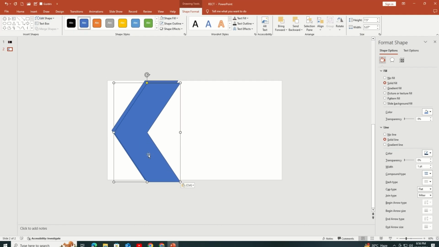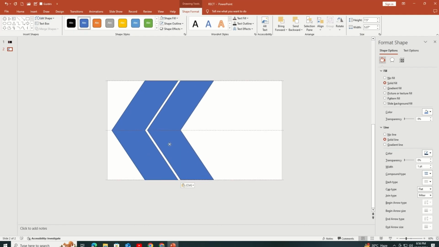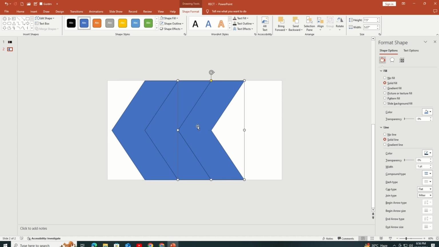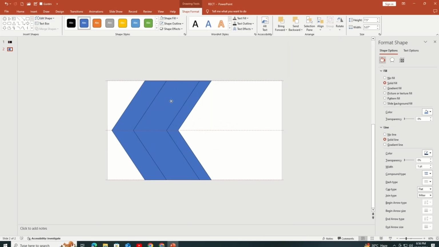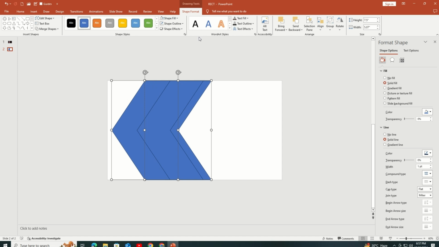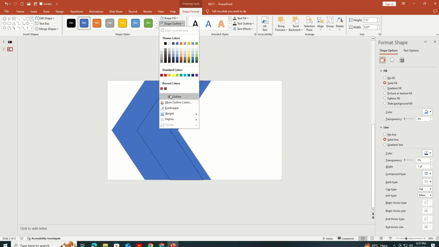And the next thing we're going to do is duplicate it by pressing Ctrl D. And we're going to place that duplicated shape next to the first one. And we're going to duplicate it again and place three of them like this. Put this third one onto the second one like this, so that some of the space of the second one is visible. And what you're going to do is adjust it and select this first and this third shapes,